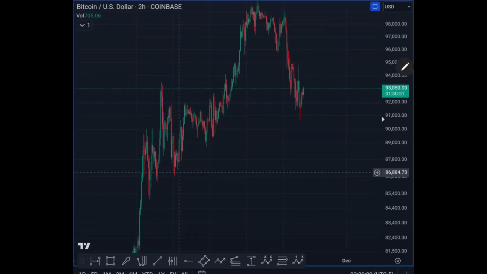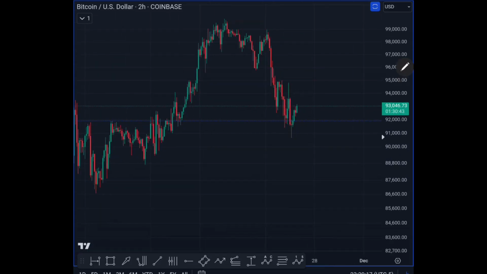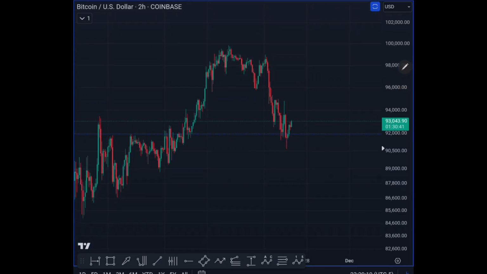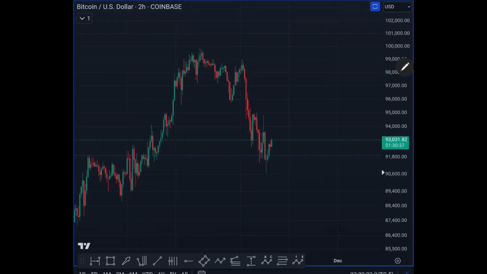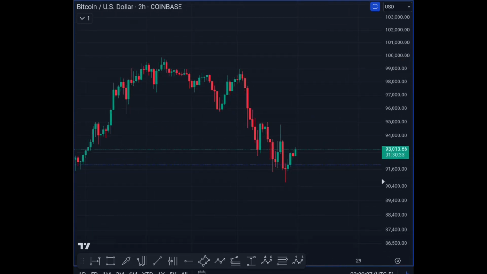Probably not below 86. I wouldn't want to see daily candle closures below that, because then your trend is at risk. You're at risk of making a lower low, lower high scenario. That's when the sellers come in. The robots will just sell it. They don't care whether they like Bitcoin or not. They're just going to sell it. They don't care,